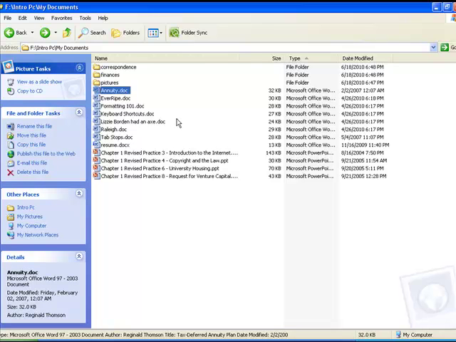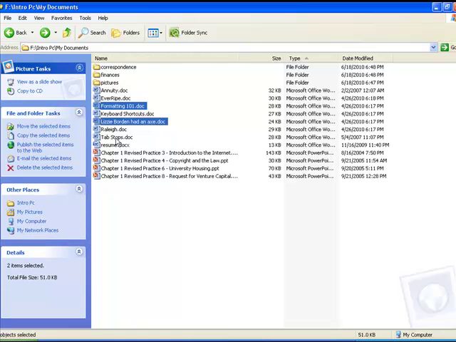Let's say I want to put annuity. That's going to go into finance. But let's say I want formatting, and then I want Raleigh, tab stops, and resume in correspondence. I use the Control key. Put your finger on the Control key. You select, select, select. You have a multiple sequence here, and then I could just drag these into the correspondence